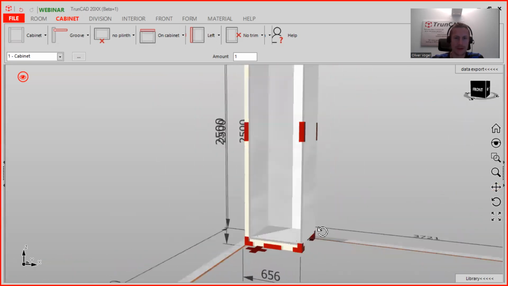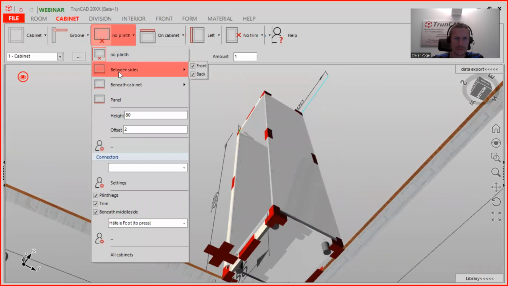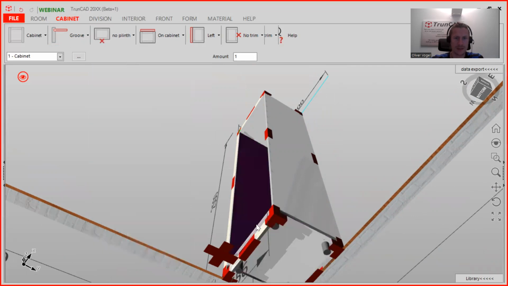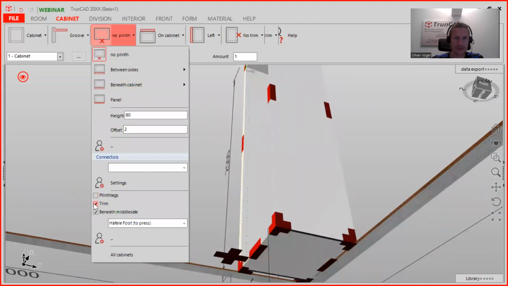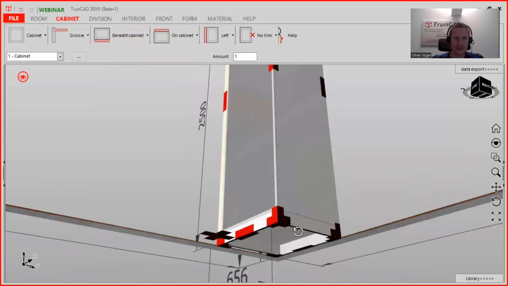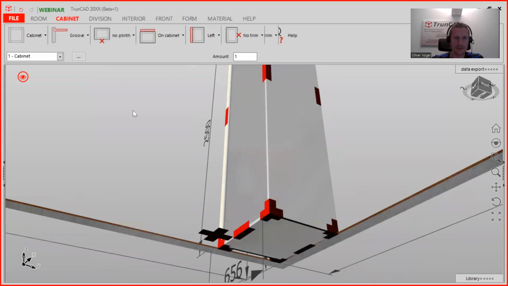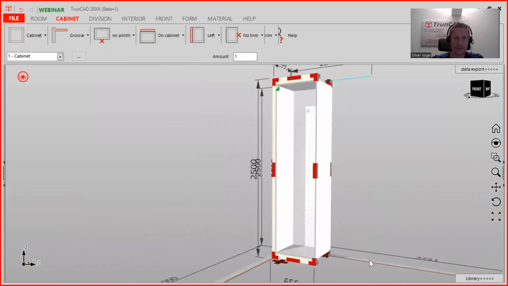So when we have done this, it's also important that you are sure of the settings for the plinth legs. You can change this here. You can have no plinth, and you have here the plinth legs. If trim is not there, then you don't have a trim, and here you can have beneath on cabinet a trim, and the height of the trim you will set here. So in this case we want to have plinth legs, so we choose here no trim, and here we make the tick here on plinth legs. So when this is set,